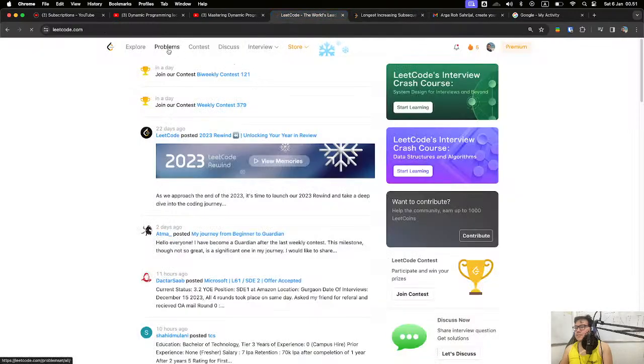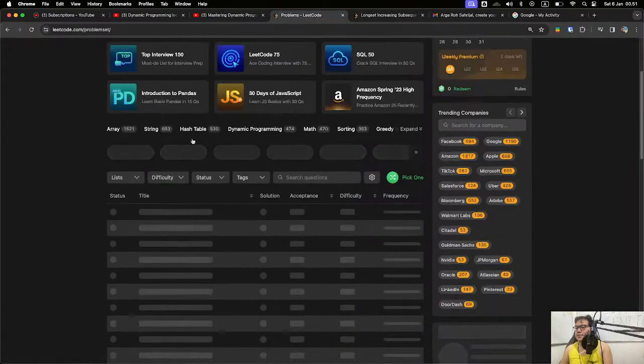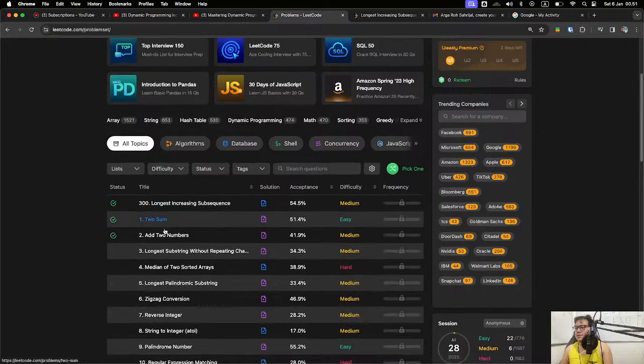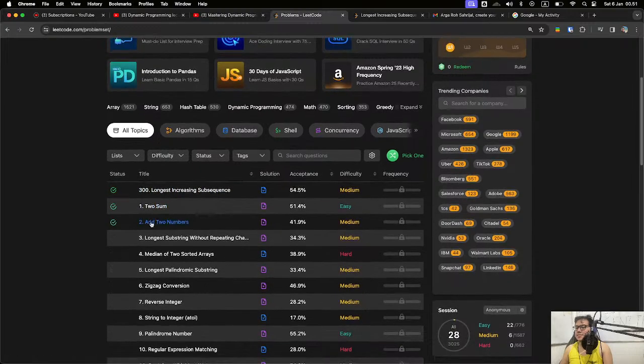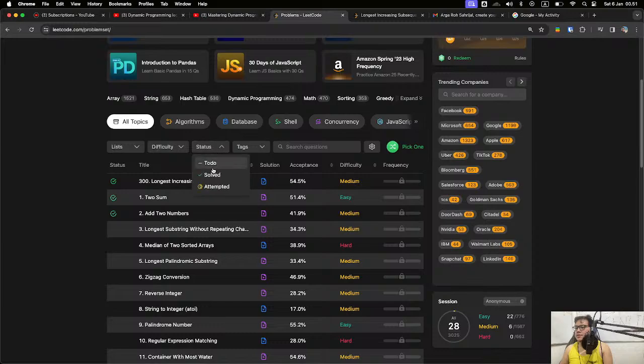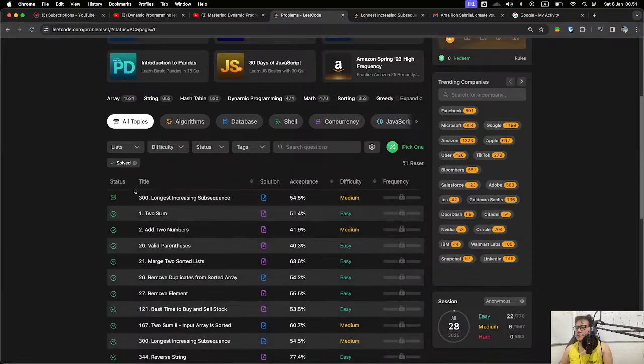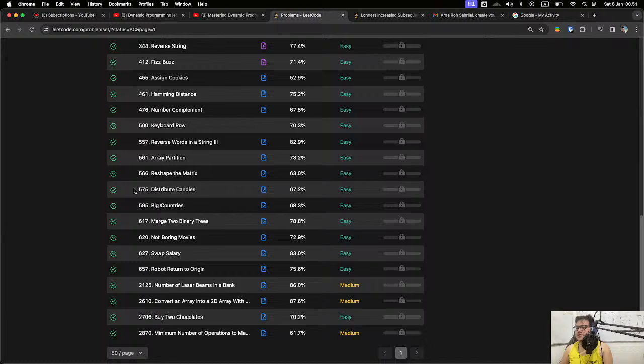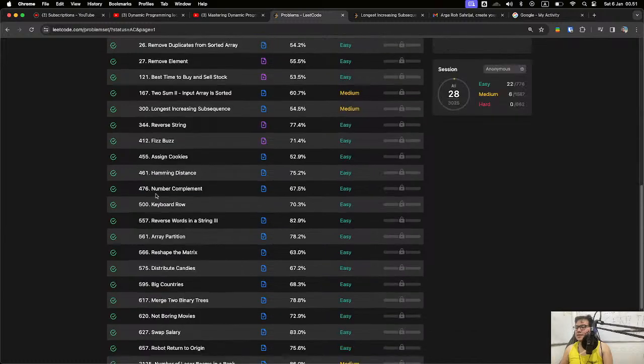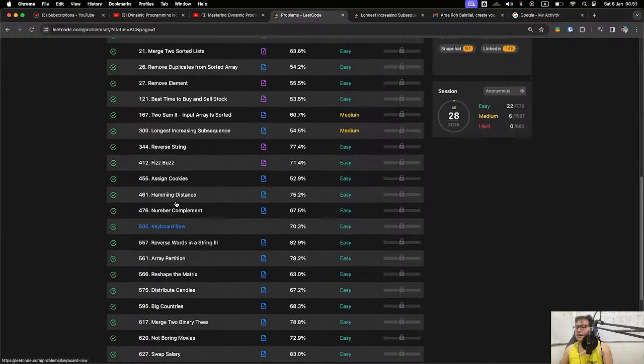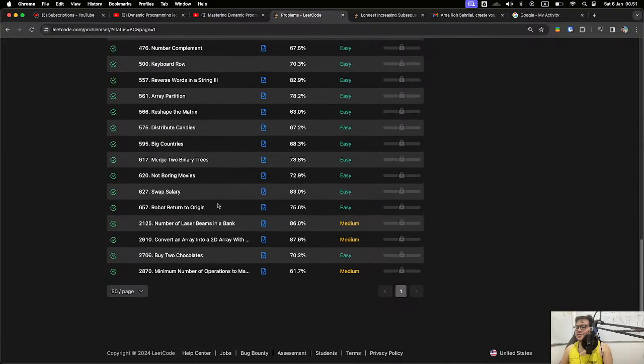You can go to the problem. You can see the one that I solved. These two: two sum and add two numbers. I actually already solved quite a lot, but I think many of them are easy problems, right?